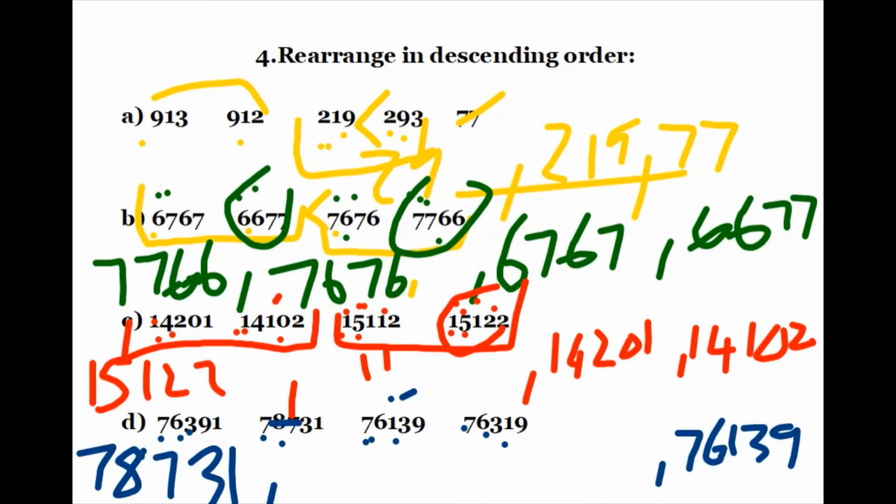Because 3 is greater than 1, and this 3 here is greater than that 1 also. And then now we have two numbers left, and we just need to compare between the two to see which one goes where. So we have a 7, a 7, a 6, a 6, a 1. No, we're not comparing these two numbers, we're comparing this one. Okay, let's just clear that out. So we are ready to